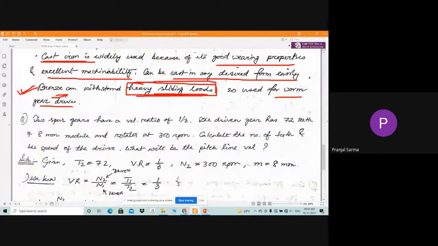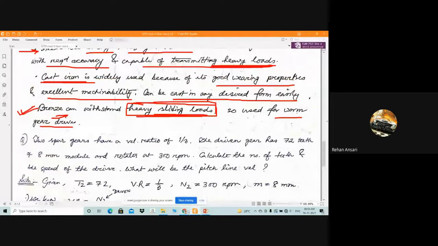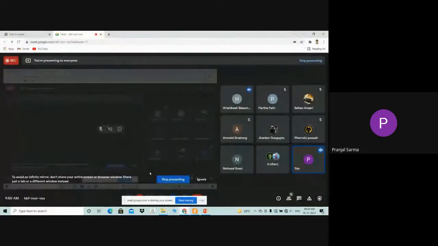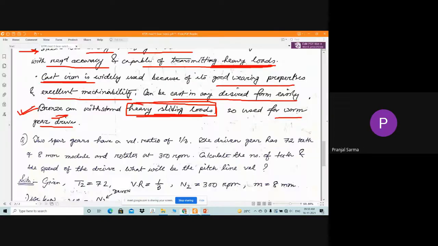Okay, understood. Yes, sir. Up to this much, any confusion, anyone? No, sir. Okay, so all of you have understood, right? Okay, so now then,